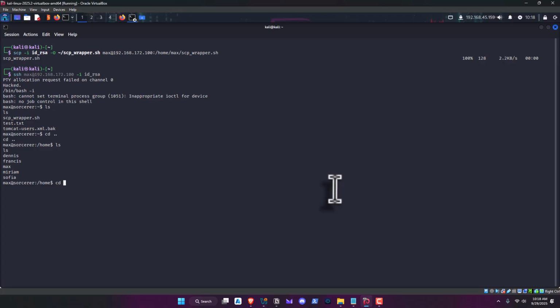So let's cd into Dennis. And let's do an ls. And there's the local.txt. So we'll cat local.txt. And there's a user flag. So now we do our normal